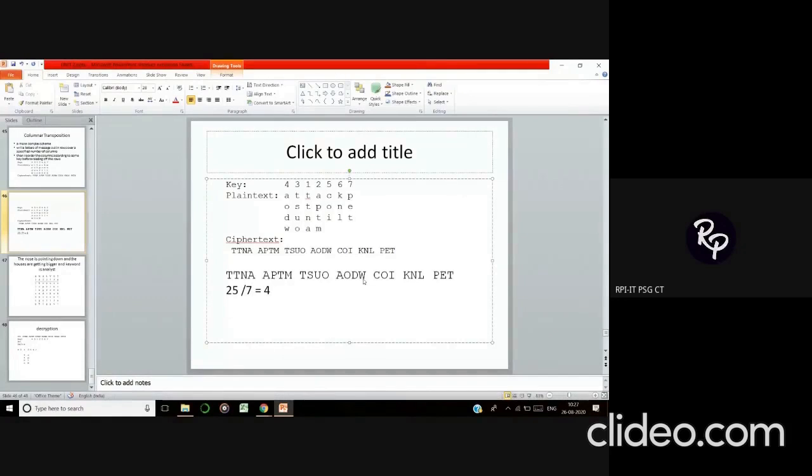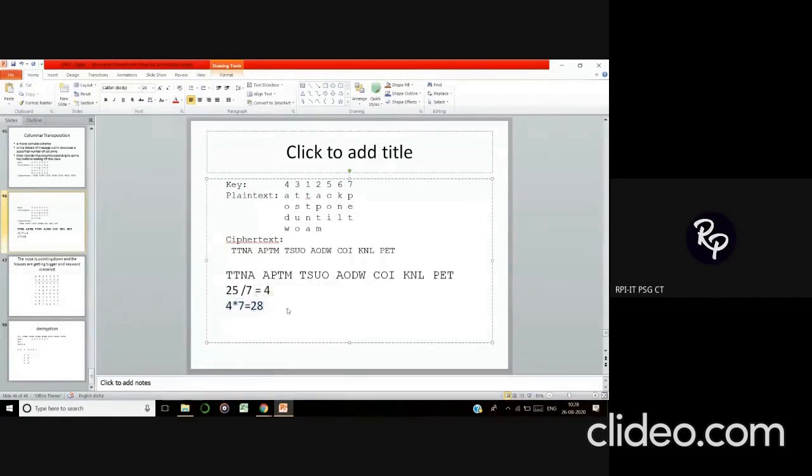So what will become over here is 4 rows should be there and 7 columns should be there. But the number of characters in my ciphertext is going to be 25. So I'm going to have 4 rows, and the number of columns is going to be 7. On a whole, I'm going to have 28 characters. But I have only 25 characters in my ciphertext. This 25 is known to you. After calculation, I have arrived at the value 28.